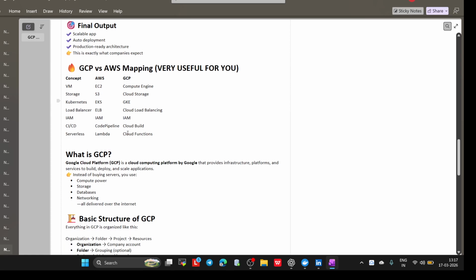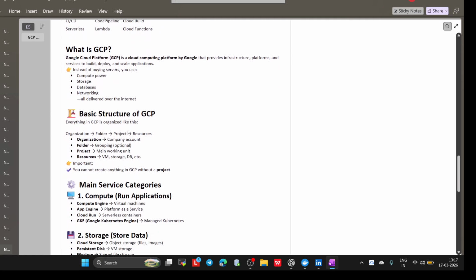So for today we will try to understand basic things, like what is GCP. GCP stands for Google Cloud Platform, a cloud computing platform by Google that provides infrastructure, platform, and services to build, deploy, and scale applications, same as AWS. So instead of buying servers, we use compute power, storage, database, and networking, all delivered over the internet. Now the basic structure of GCP.